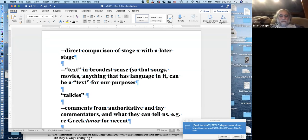So we had talkies from about the 1930s. I should have had the exact date. Versus sign language movies that predate that, and in fact, it was around 1915 that the American Society for the Deaf made films of signing, and we can use those signs, in this case visual evidence of language. We can use that and compare it with signs in American Sign Language today,